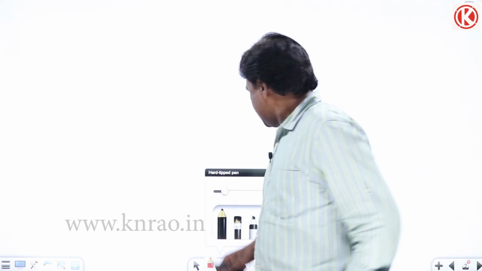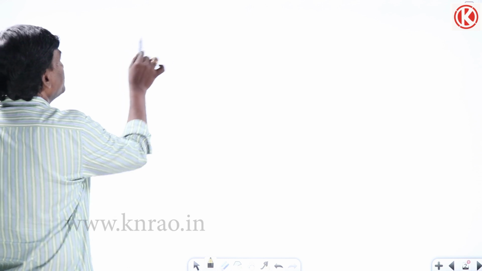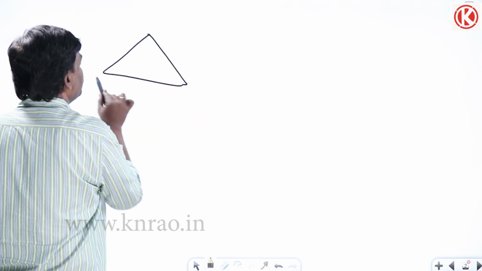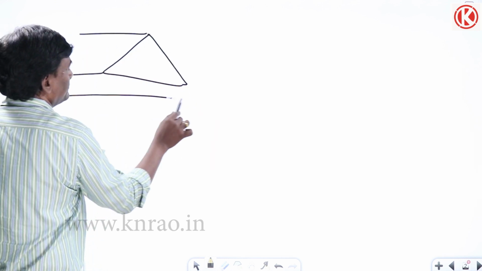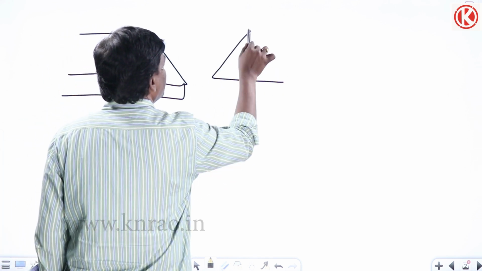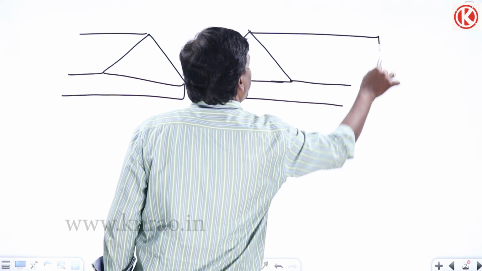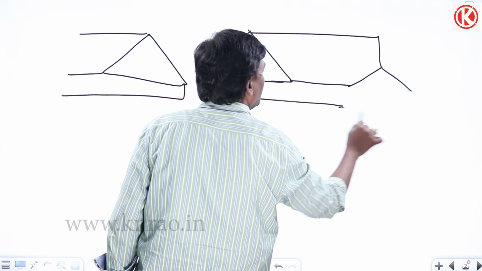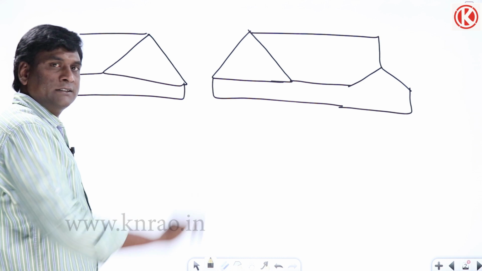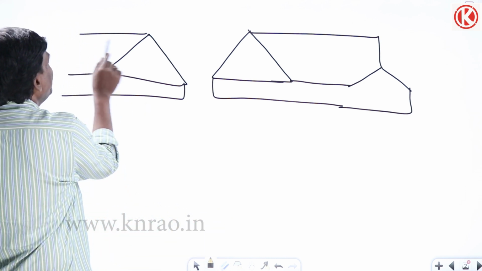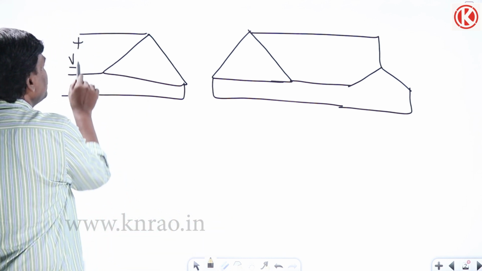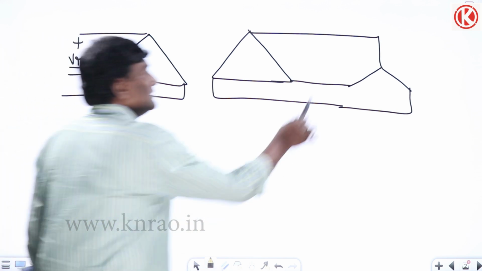Okay, let us think of open delta. See, closed delta first. In closed delta, let me compare this particular closed delta with open delta. This is the load. Okay, a star-connected load, for example. Now if I supply rated voltages here, and if it is absorbing